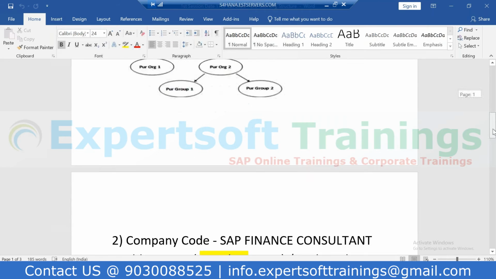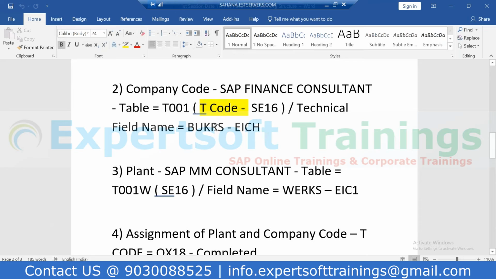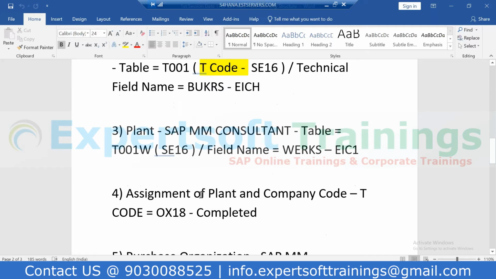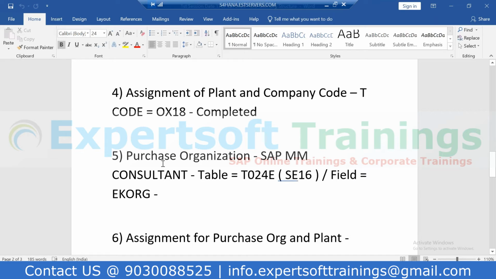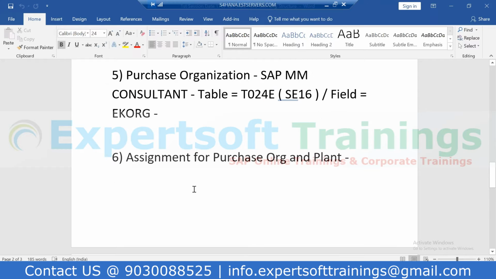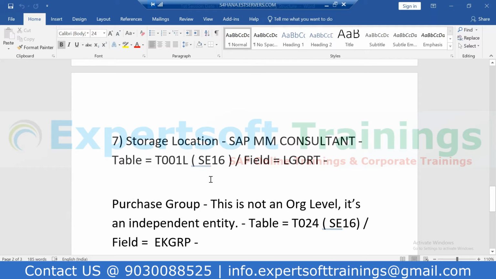And under this org structure, we will learn and explore what is the table for company code, what is the table for plant, what is the table for assignment of plant and company code. What is the transaction code, what is the table for purchasing organization, it is T024E, assignment of purchasing organization with the plant.